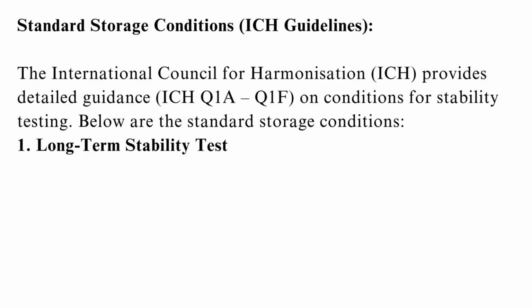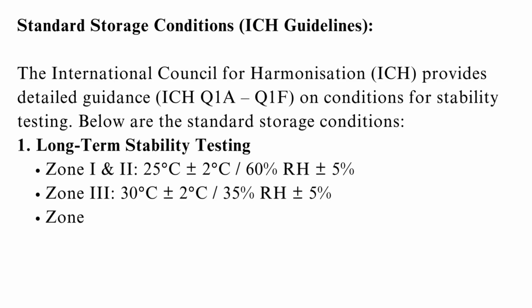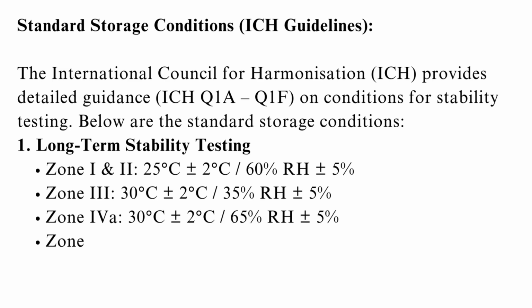5%. Zone III, 30 degrees Celsius plus or minus 2 degrees Celsius / 35% RH plus or minus 5%. Zone IVA, 30 degrees Celsius plus or minus 2 degrees Celsius / 65% RH plus or minus 5%. Zone IVB, 30 degrees Celsius plus or minus 2 degrees Celsius / 75% RH plus or minus 5%. Accelerated stability testing, all zones,